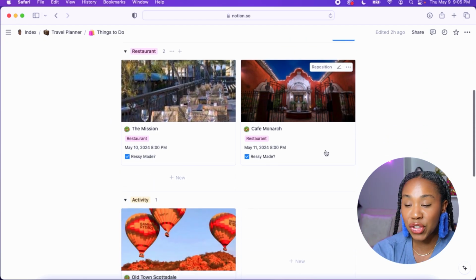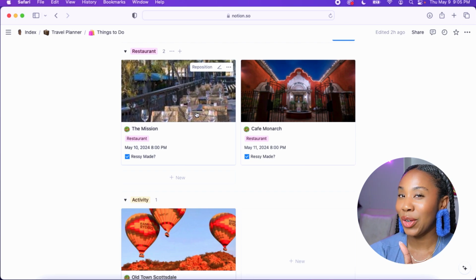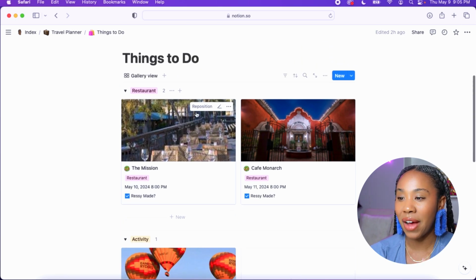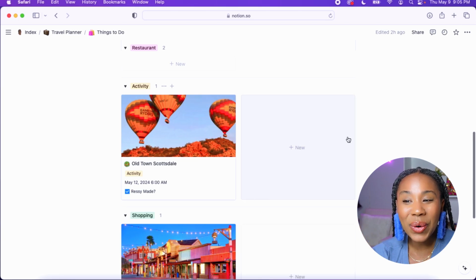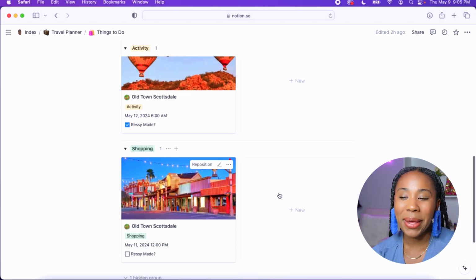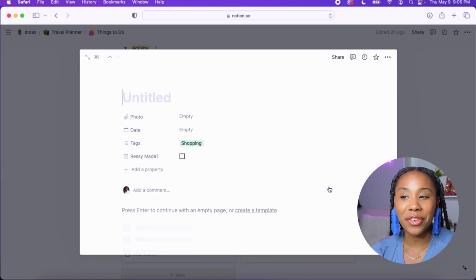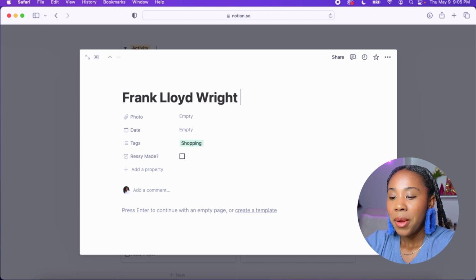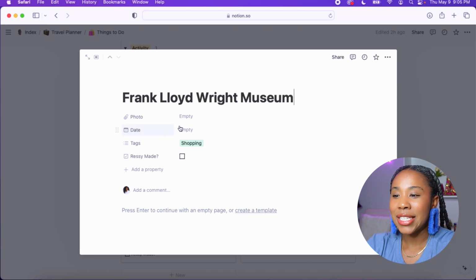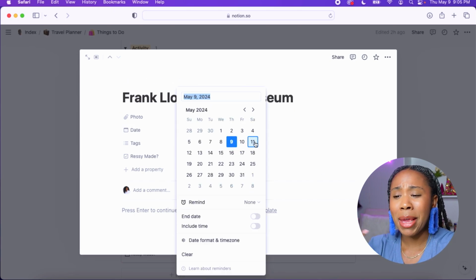We have different restaurants. So I got these in different categories, which makes it really easy to follow. There's a restaurant category, there's an activities category, and then there's a shopping category. So anything that your friends add, we can say, Frank Lloyd Wright Museum. And I'm not going to find a photo right now, but maybe we want to go, let's say Saturday